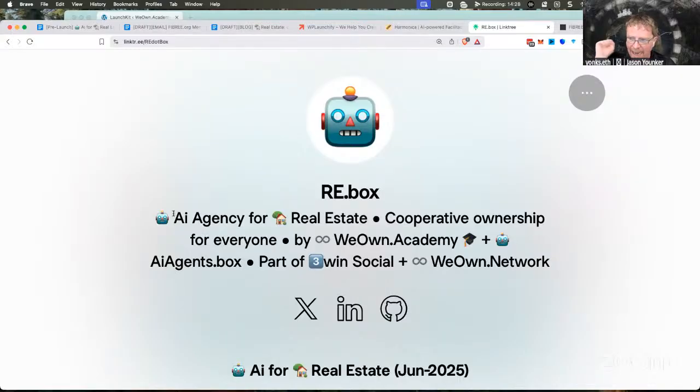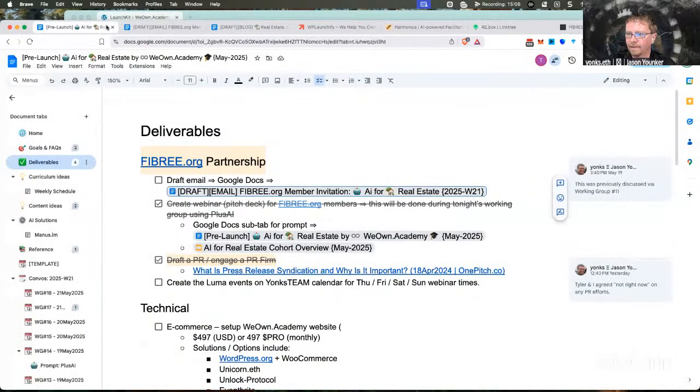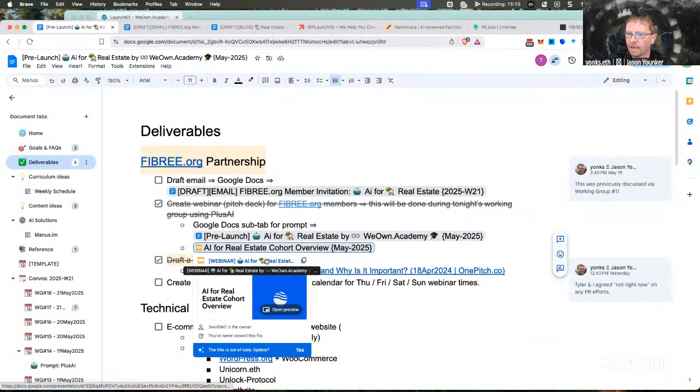And what re.box looks like in June of 2025, I assure you, is going to be very different than what re.box looks like after 4 months, because we're building a dev team. This is something we're also going to be investing capital in, and people here. I'm not sure how much we're going to slice the value wheel from the 497 to actually build re.box, but the big value is the people in here. Let's deviate real quick to our slide deck.